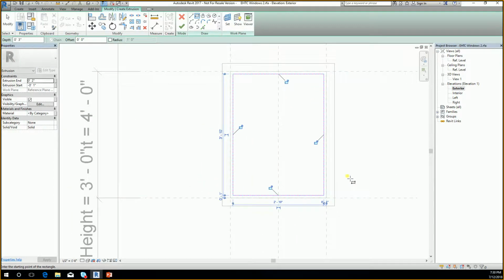and when I sketch that rectangle, you see how all these locks show up? So it's giving me the option of locking that glass to the frame, meaning that my glass is always going to be the same size as the frame. If I change the size of the frame, the size of the glass is going to change as well. So I want to lock all those guys,